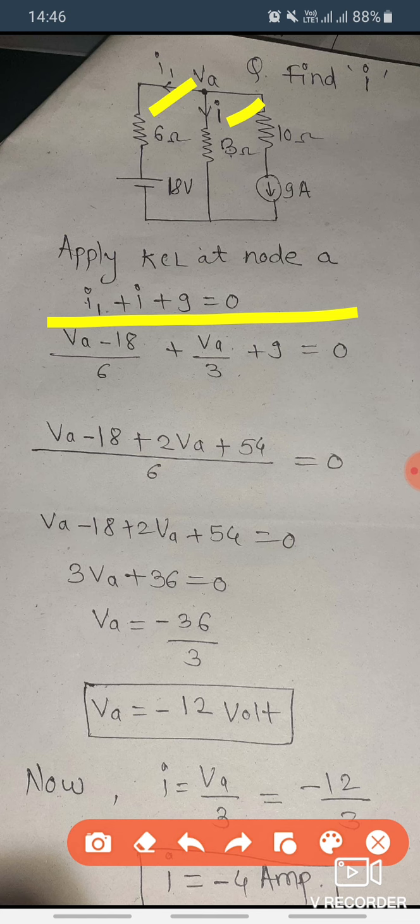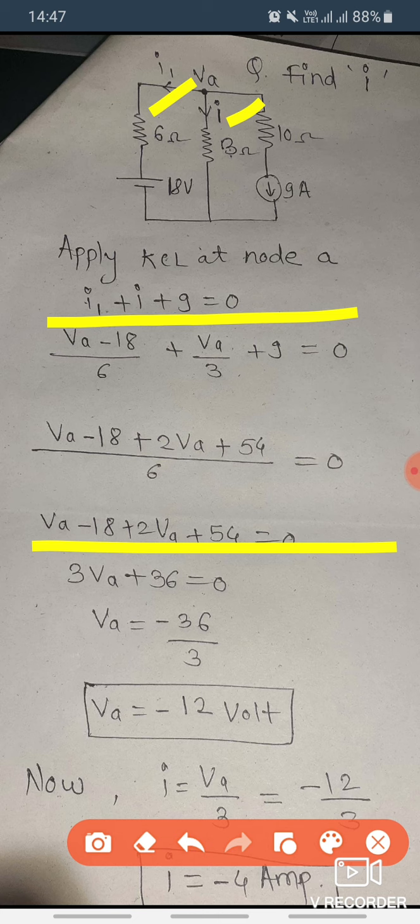Here we see the 6 is the largest number, so we want to make the denominator the same, right? That's why we multiplied 3 into 2, so that 6 comes, and here also we have to divide and multiply by 6, and here multiply and divide by 2. I want to say we have to make the denominator the same. So I made the denominator the same, and then I found the equation.